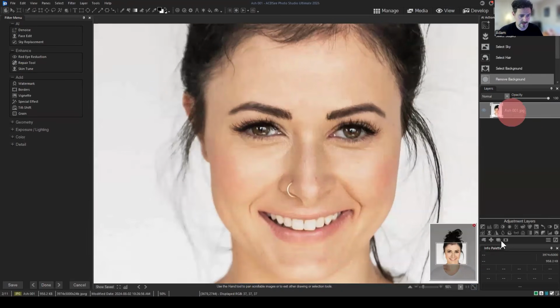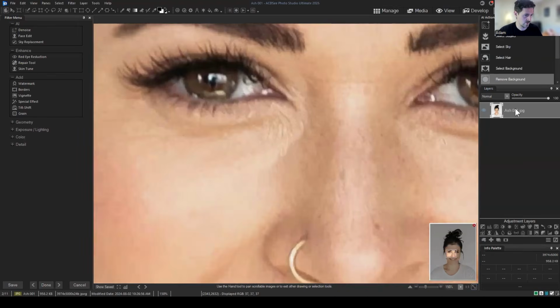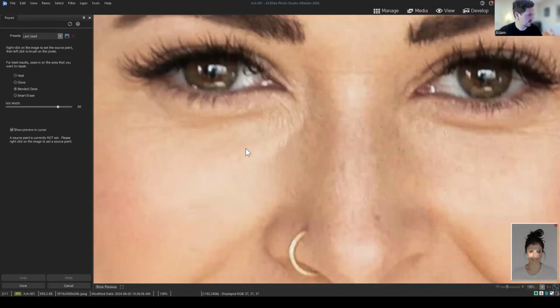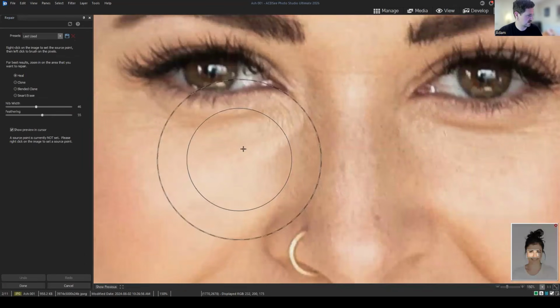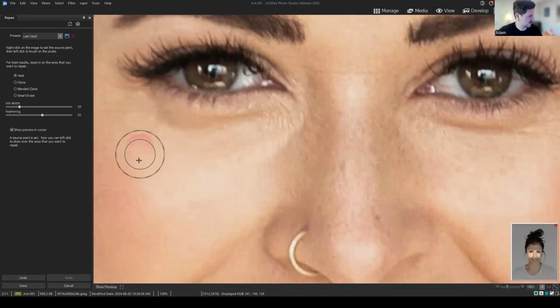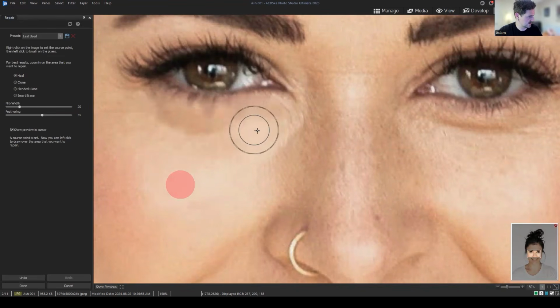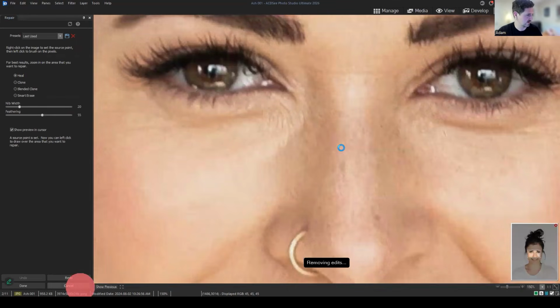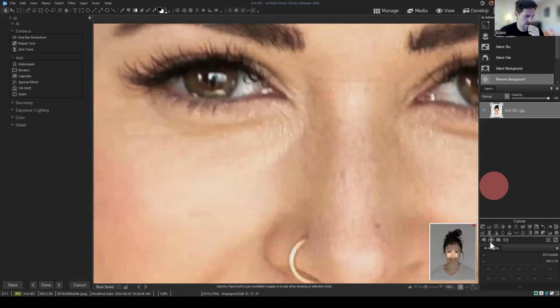what you could do is go in, and rather than doing this whole clone process, okay, so you don't want to copy and paste. What you could do is use a repair tool and use heal on it to heal out some of the lines that appear. Let me see if I can reference something here. That's actually not working very well either. Maybe I'll try one other method too, because they're so small,